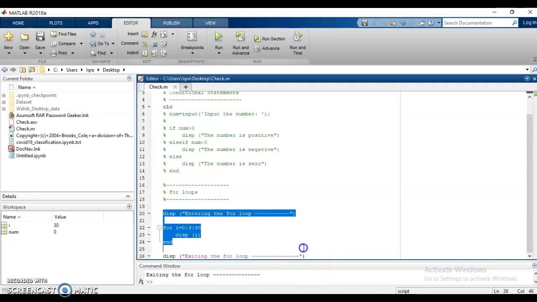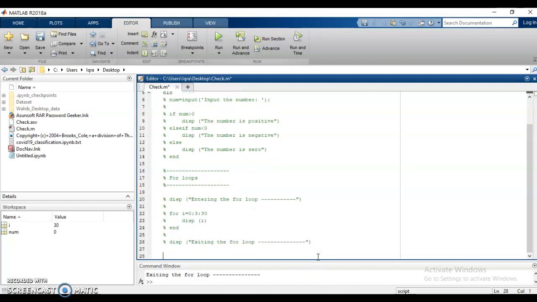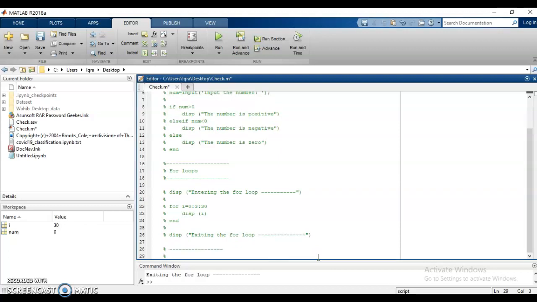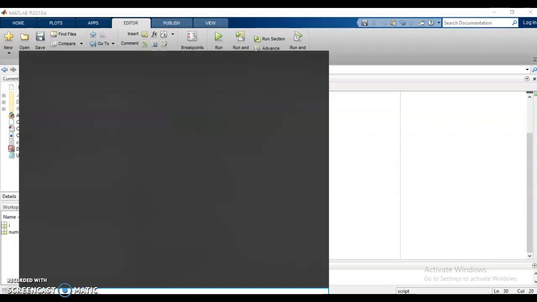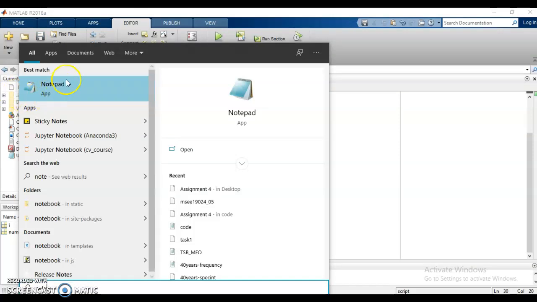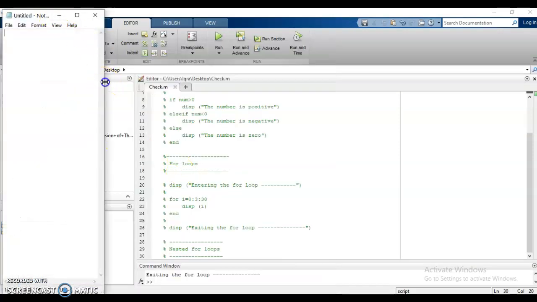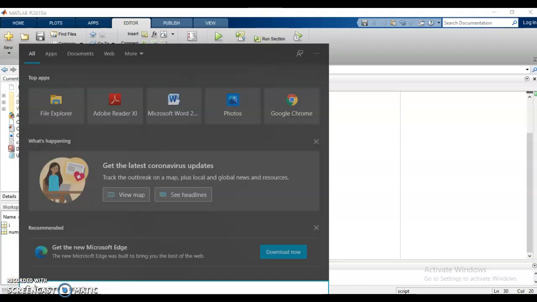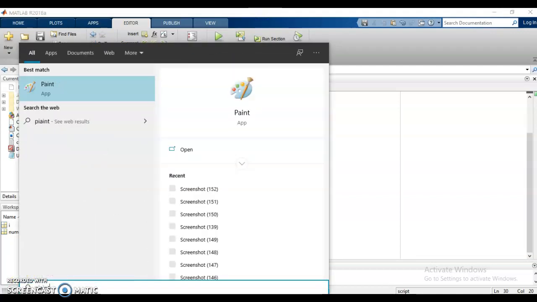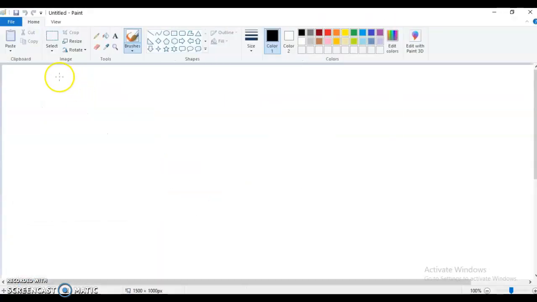Okay, now let's just comment it out and let's move to the nested for loops, because we are going to deal with the nested for loops now. So we are going to understand the nested for loops here. For the nested for loop, I'm going to use an array. Instead of doing it here, let's call up the pane and let's make a matrix here.